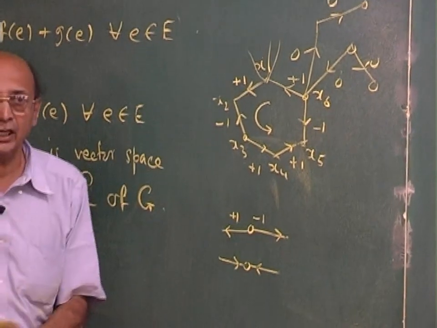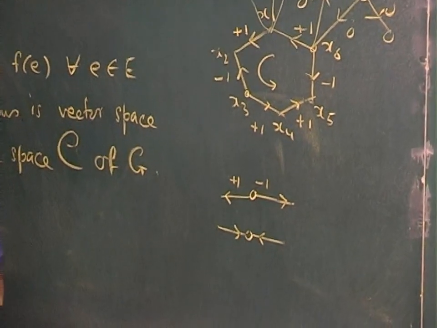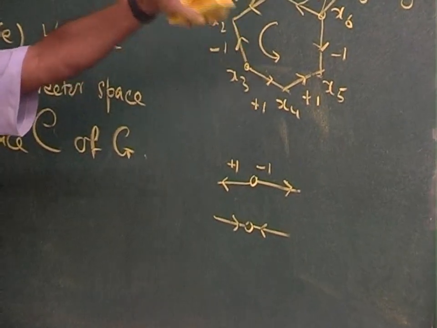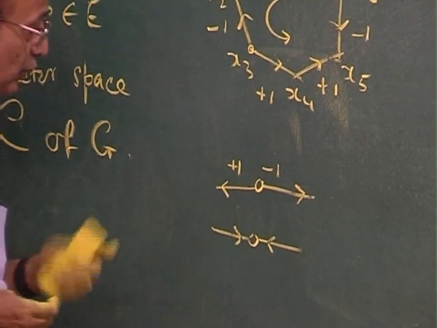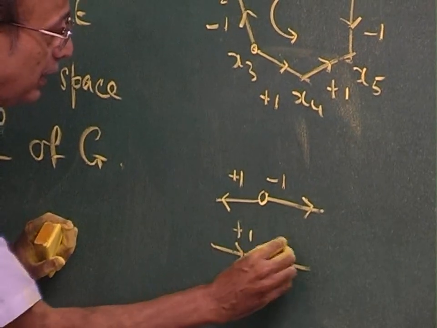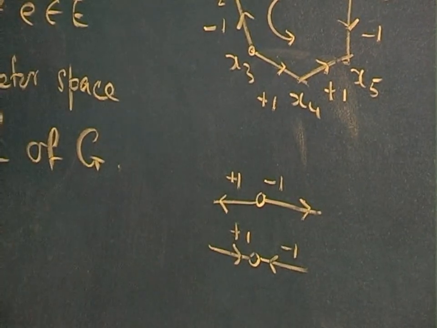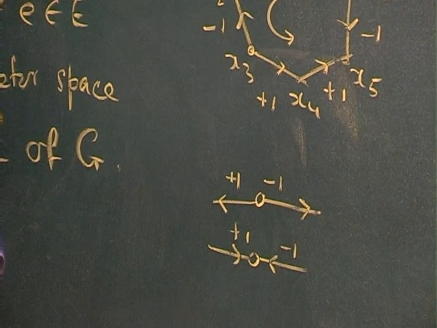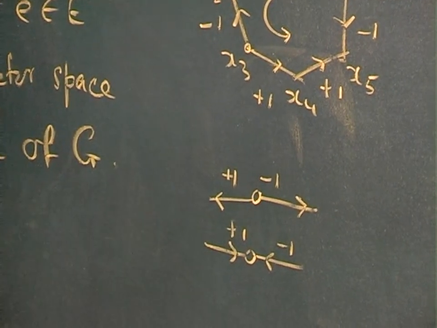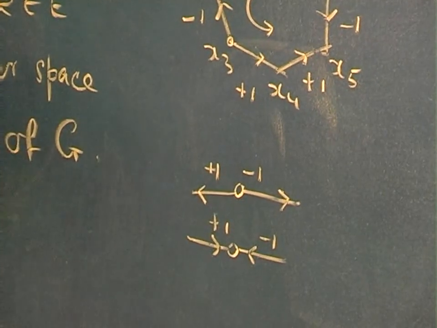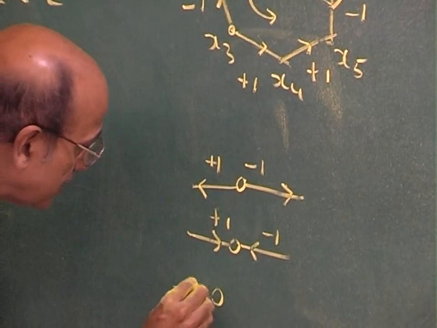I would exactly argue the same way. One of them will agree with that anti-clockwise direction, one will disagree. So in one case I'll be writing a +1, other case I'll be writing a -1. So the net thing coming in is 0. Nothing is going out anyway. Therefore that balance is maintained. It is possible that